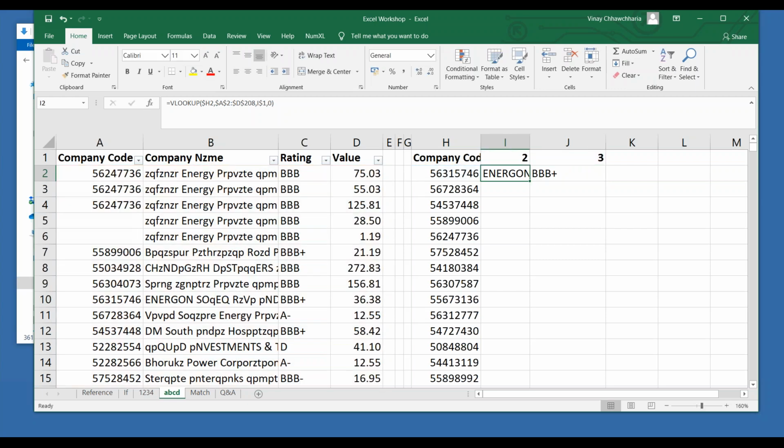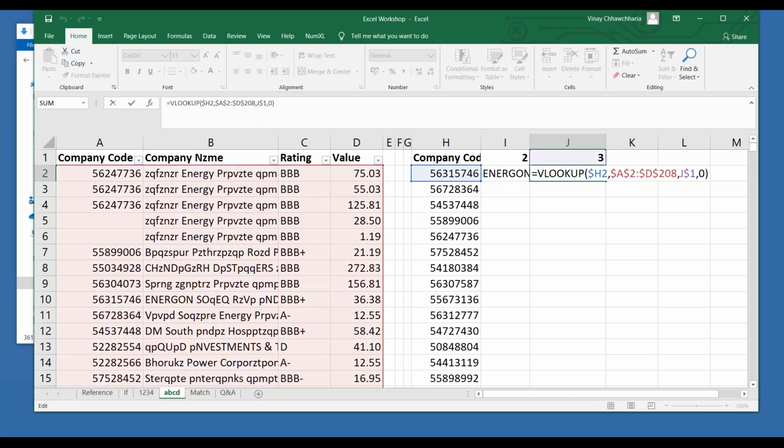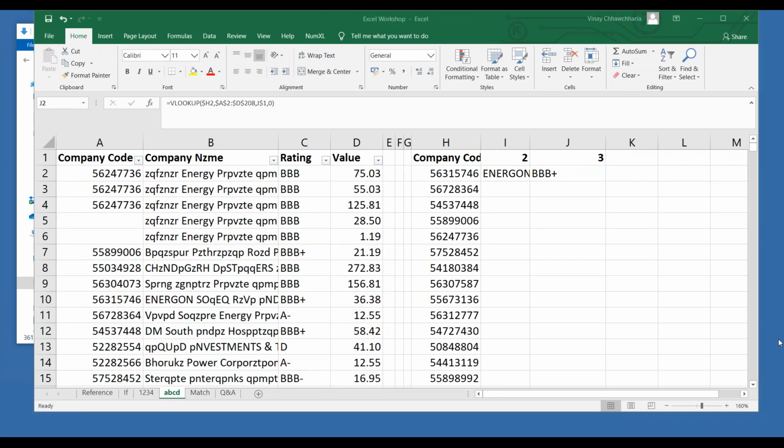Now with just one single VLOOKUP, you got both the answers. Obviously, you have to do a copy paste, but still it is much easier than writing the second VLOOKUP. Any queries related to this part of VLOOKUP, please post.